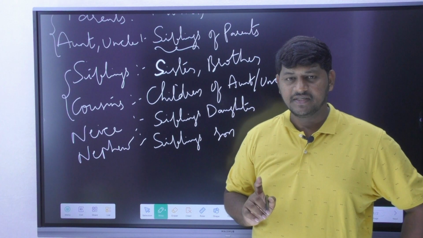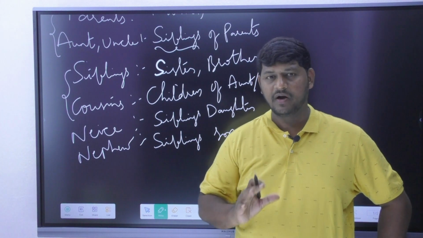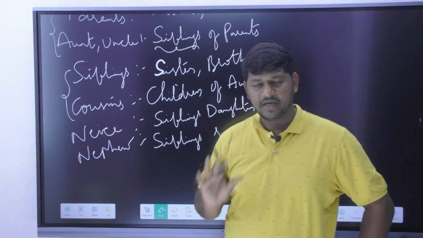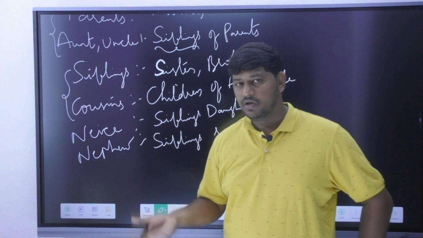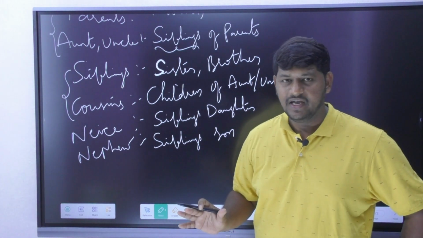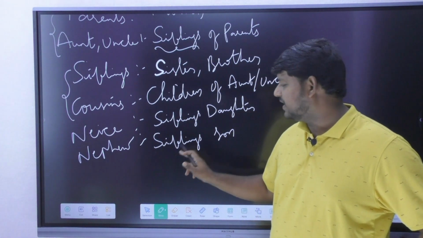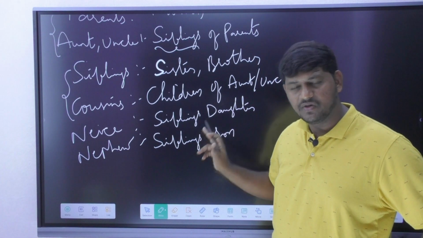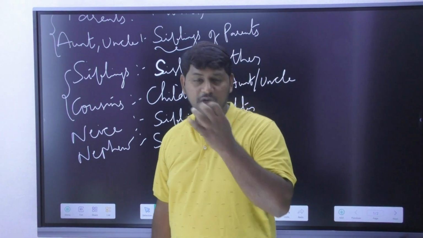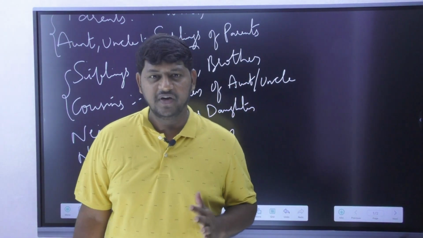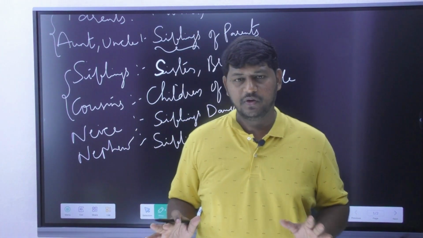Correct? Again, I am clearly saying whether you are male or female, it doesn't matter. End of the day, every person writing the exam should get a particular answer. You cannot have different answers, so that we all end up meeting in a court to figure out whose answer is correct. That is why we are never going to fall for that trap. So nephew is definitely your sibling's son. Your brother's son is also your nephew, and your sister's son is also called nephew. If you convert into mother tongue, again we are going to receive different answers. That is why rule number 1 clearly says never convert into your mother tongue.